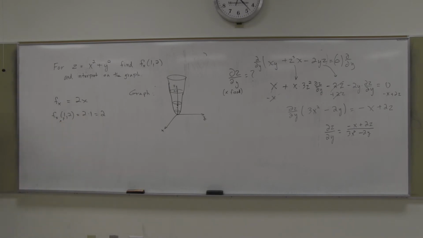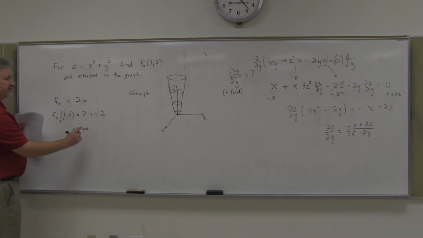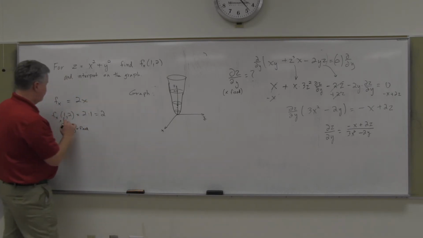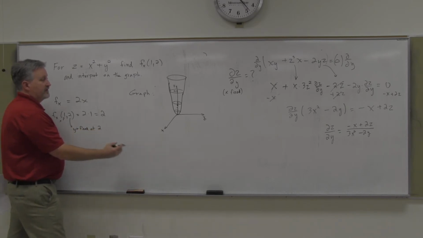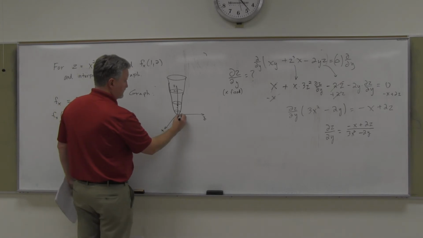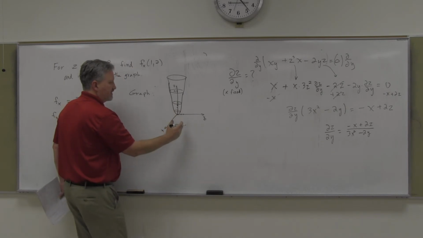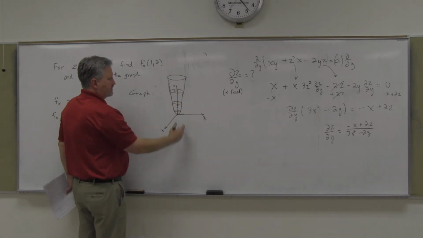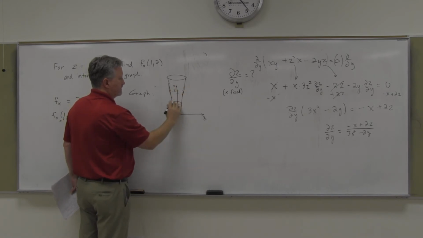Well, again, what we've done when you find the derivative with respect to x, the y is fixed, okay? And so what that means, what we're dealing with over here, since the y is fixed, and in this case it's fixed at 2, if you fix the y here at 2, so the y is fixed at 2, so if you think about the plane that y is 2 that slices through this paraboloid,